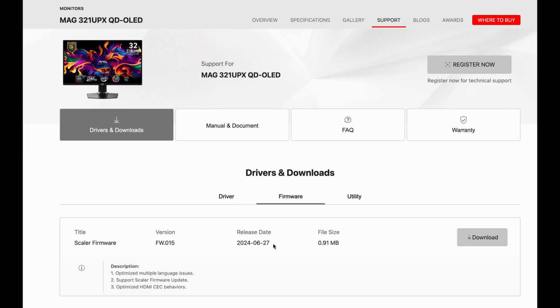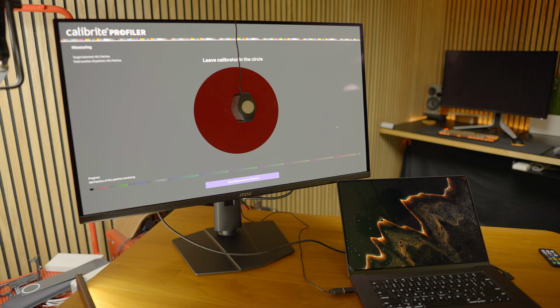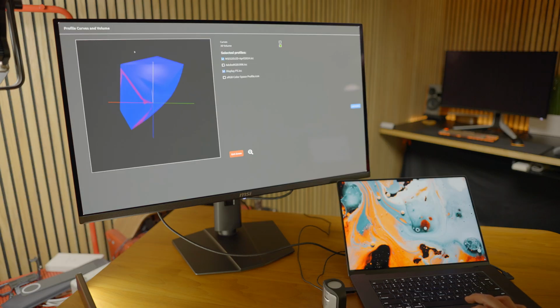And in my testing, the firmware that I had on the display, I can't remember which one it was, was actually really good. The one that it shipped with was perfect to me. It actually looked great out of the box, and I was able to even calibrate it and get it even better. And so to know that MSI has listened to the customers who may have complained and said, hey, why limit the MAG 321 UPX and not give it firmware updates? To enable that after the fact says a lot, and it says a lot that they're listening to the customers